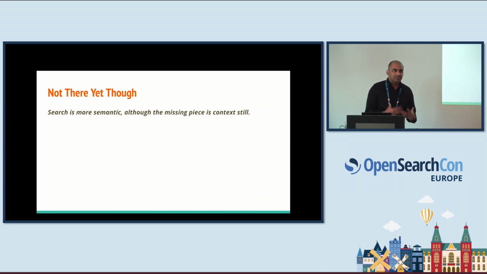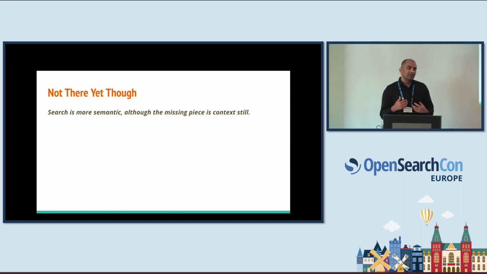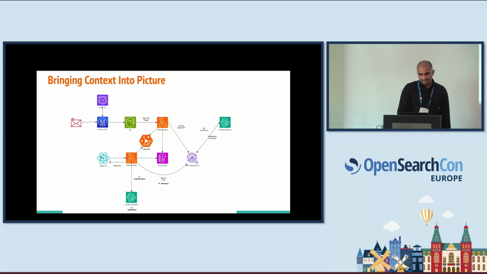But the missing piece is, when users type in, they want context to be available in real time. Like I'm typing in an email, I want more context in terms of what I could possibly write. We'll go through a particular example which I'll show, which is the end result of this architecture. Now, if you see here,